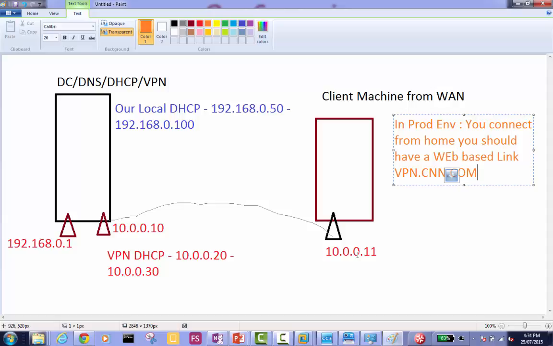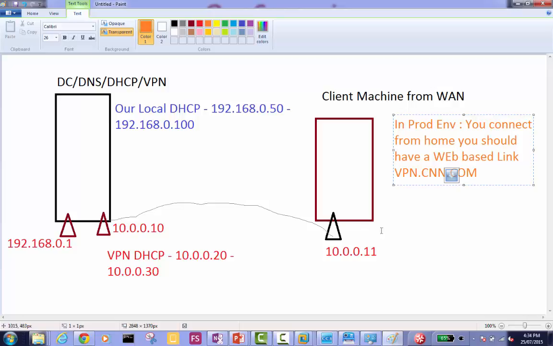How do we make sure the VPN really worked? How do we make sure this is how VPN is supposed to work in a production environment? That's why I have a 10 range here. I could have put 192.168.0.100 and up to 110, so we would not have differentiated. Hey, where's the VPN connection? What's the specialty of the VPN connection here? They're all the same ranges. That's why I put a different range.